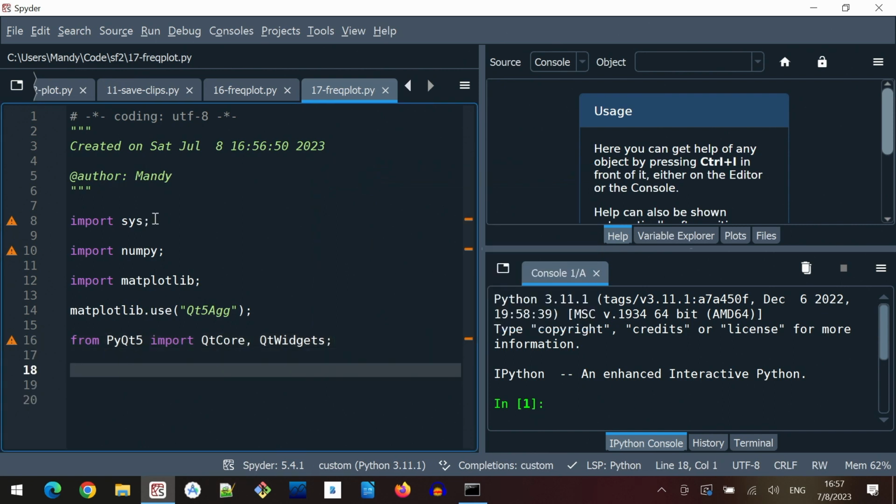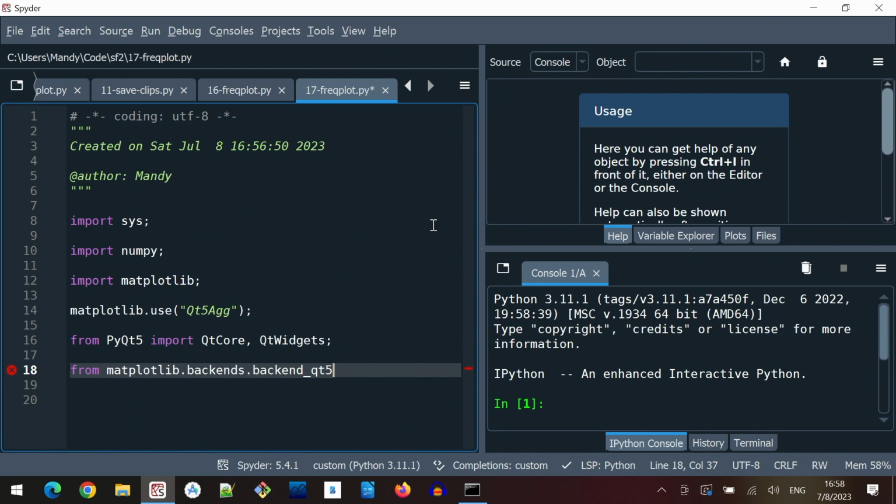And side note, I'm a C++ programmer, so I tend to put semicolons at the end of all the statements. Python does not require them. They're kind of extra in Python, but my pinky finger just keeps inserting the semicolons for me automatically, so what can I do? I just don't fight it. You don't have to put semicolons. But anyway,